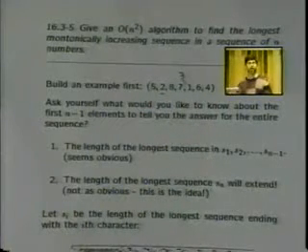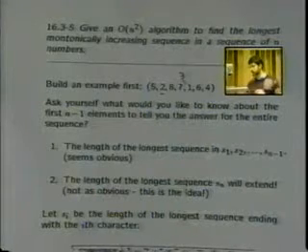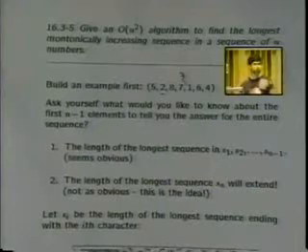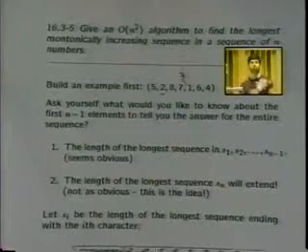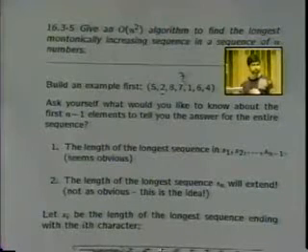First, could anybody give me an algorithm just to find the longest increasing sequence where you're not allowed to skip elements? Okay? Order n. How would you do it in order n? Just scan through the list, see if the next number is greater than the previous. If it is, increment some counter.